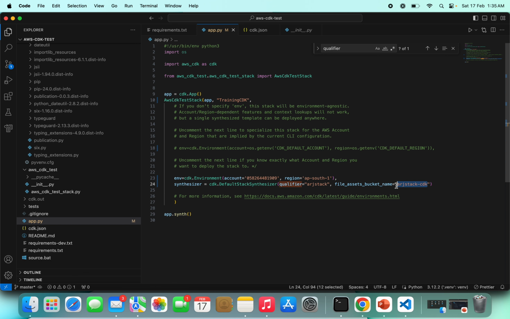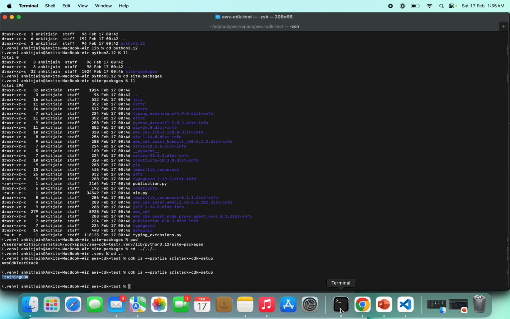Okay, so that bucket name, the default bucket name, and this bucket name will be a mismatch, and it will not get any resource, right? I'll give you that idea. Let me just comment it out, and what I will do,